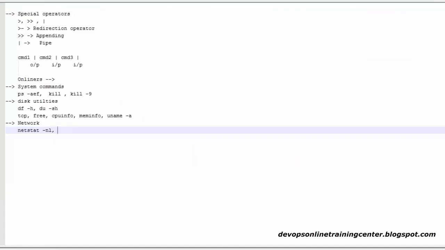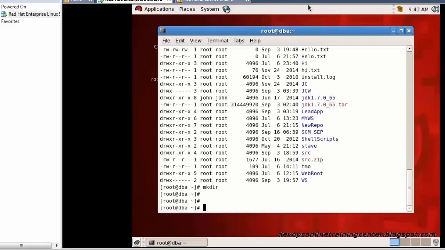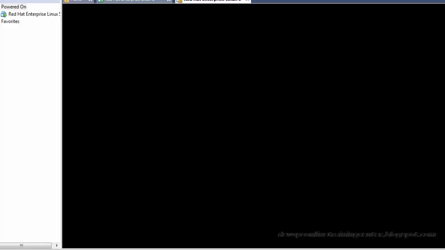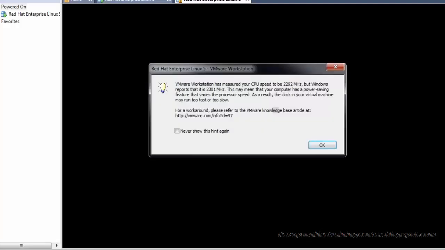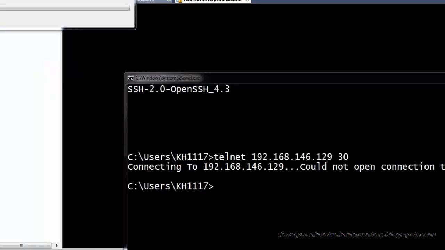That's telnet. Similarly, there are a few more good commands. Those were for checking ports. There are also commands for machine-to-machine file copying and command execution, like scp and SSH. These are two important commands that are used quite frequently between Linux machines. To work with these two commands, I need at least two Linux machines. I have one Linux machine here that we launched yesterday, and I have one more VM, also RHEL. I'm just starting this machine so that I can play around between the two Linux machines. Now open another session in PuTTY to connect to that machine.